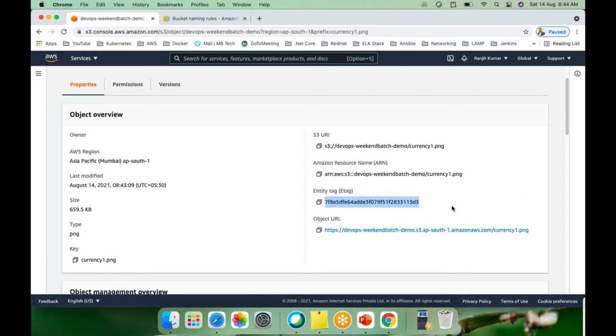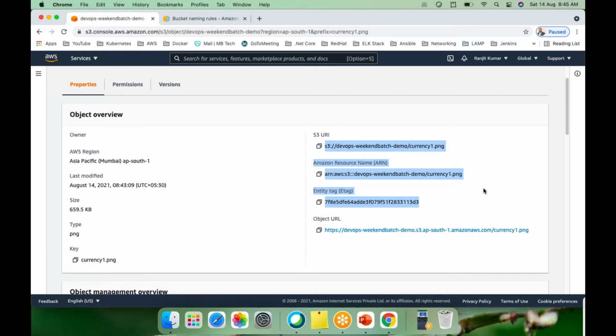Why are these given, and when do you need to use all this information? Whenever you are working in programming, developing something and writing in the SDK, software development kit, and you want to access it programmatically, you have to use this URI link.